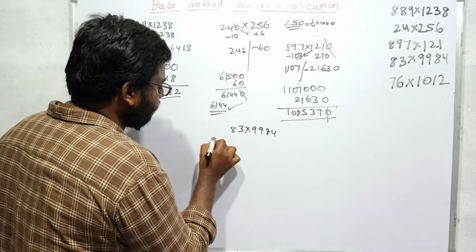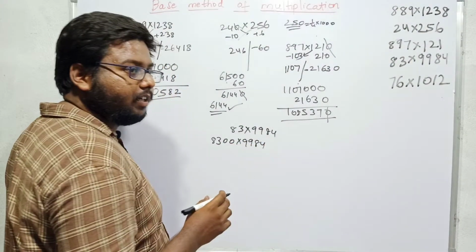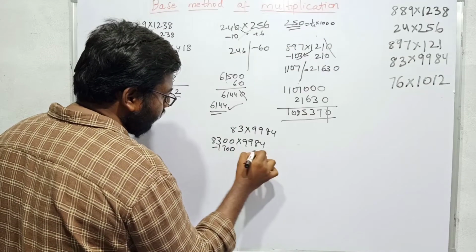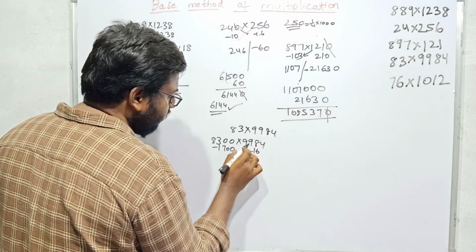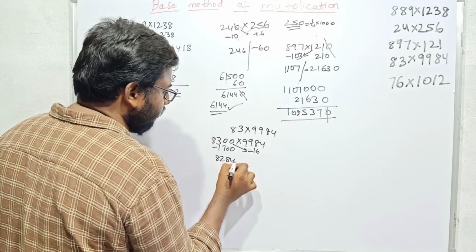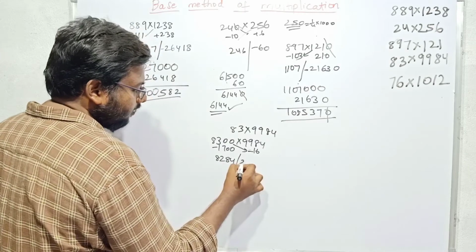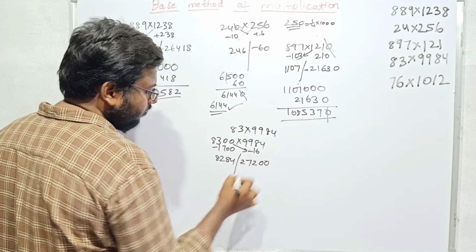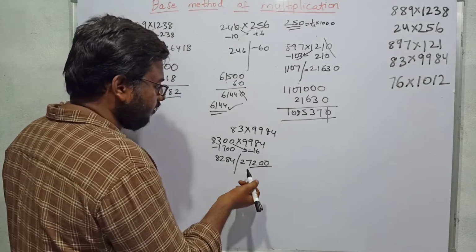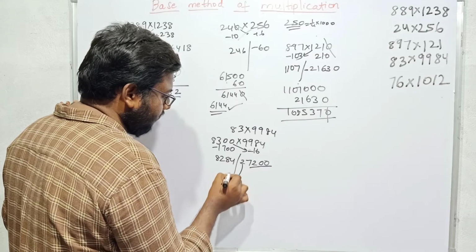And if I multiply this 83 with 100, I will get this result, and this will be nearer to the base number 10,000. From 10,000, this is 1700 far, this is minus 16 far. If I operate on the small number, I will get 8284 slash 1700 into 16. You know how to multiply 17 into 16. This is 27200. And you are operating this based on 10,000, so 2 digits will be permitted and 2 will be added here.